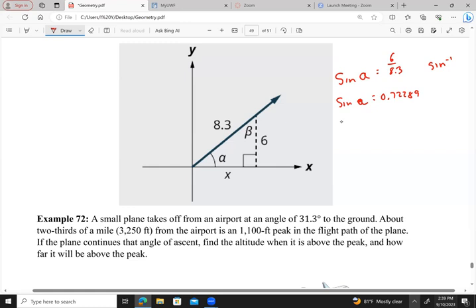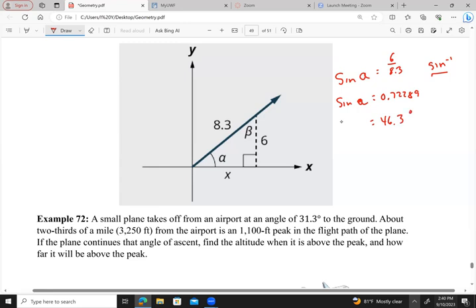Then I could hit this button, which is called the inverse sine of 0.72289, and I get 46.3 degrees,